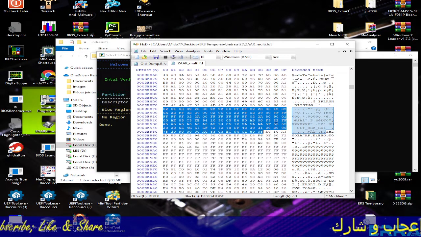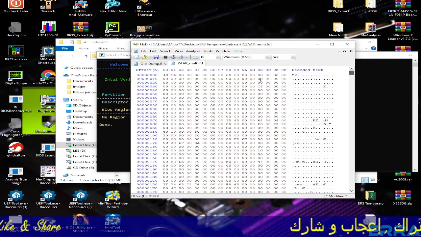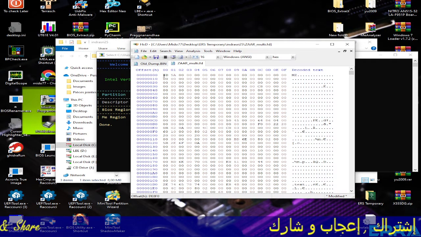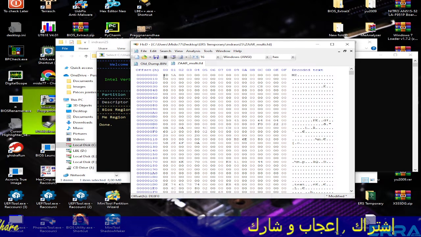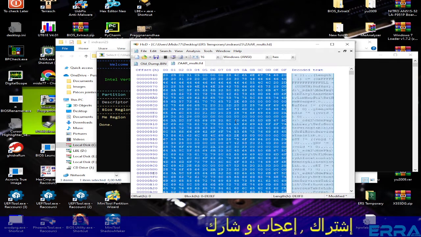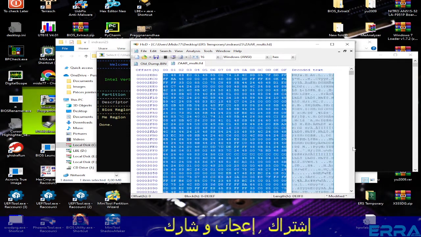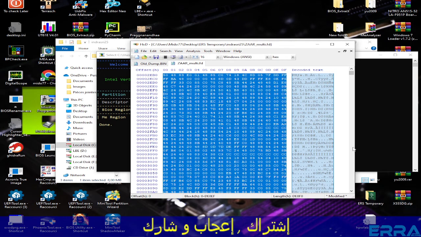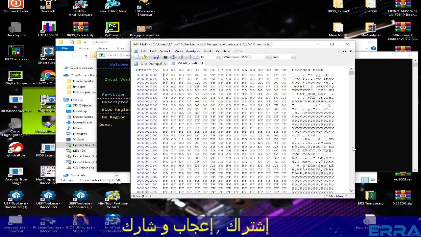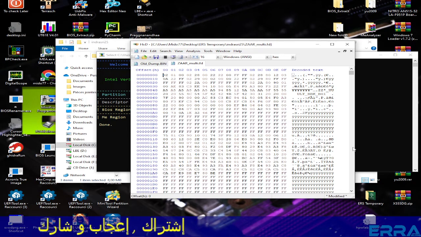Okay, here we go. So we click here, we go to the beginning, we hold the Shift key on the keyboard pressed, and we click in the beginning to select the whole block, which we just delete using the backspace key on the keyboard. So here we got the BIOS region,